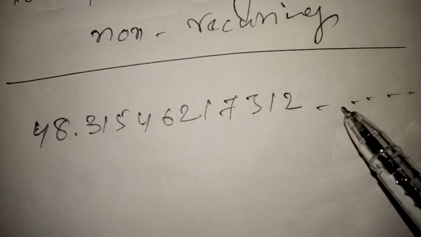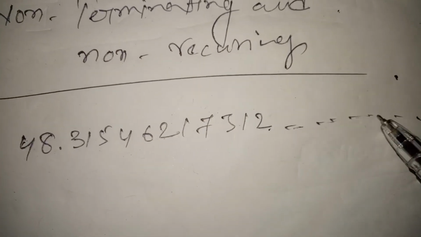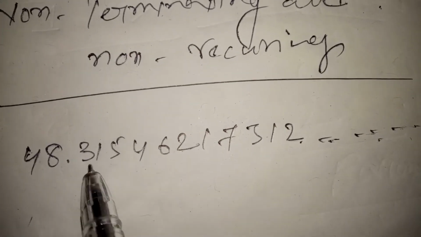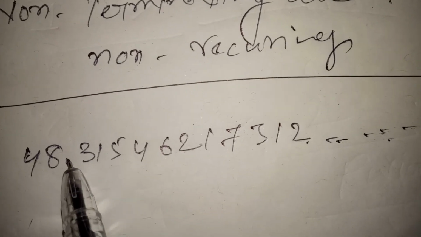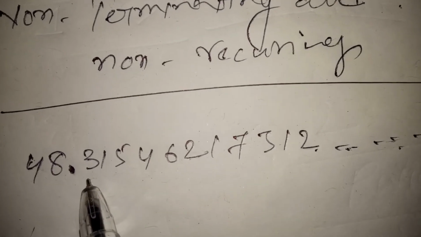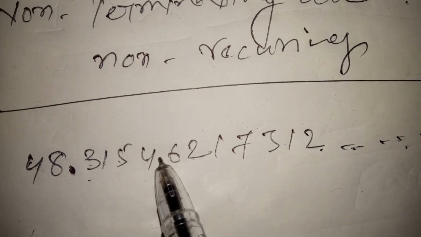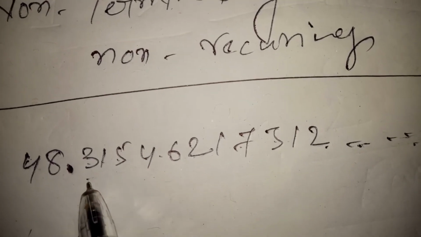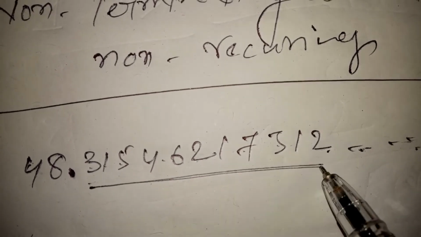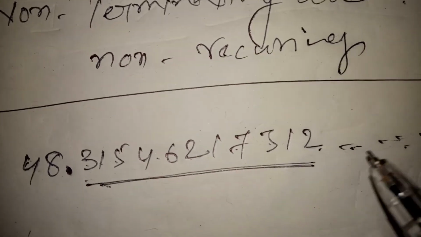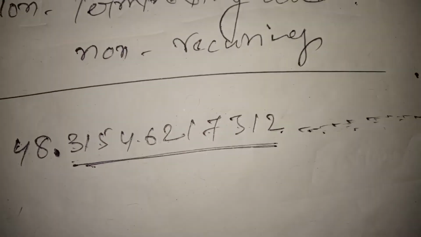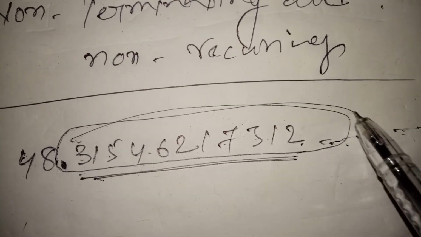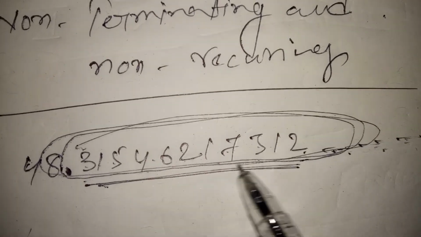You can see it is non-terminating. That means the answer is going on like this. But as well as being non-terminating, it is non-recurring also. That means after this decimal the numbers are not repeating here. You can see 3 1, then 5, then again 4, then 6 2 1 7 3. All the numbers are different. These are non-recurring, that means non-repeating numbers. If the numbers are non-terminating, that means it is going on like this, and non-recurring also, numbers are not repeating here, if the answer is like this, then also it will be called your